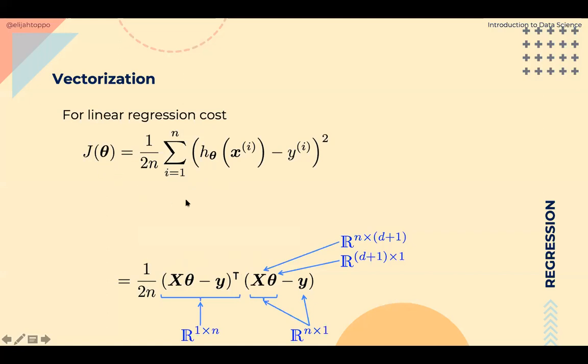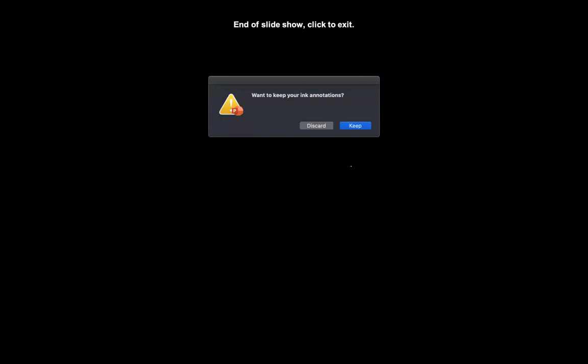Okay, so now we can see that a complicated equation like this cost function can also be broken down and written into a vectorized form, which is much faster to implement and thereby will save us a lot of time. Okay. So with this we end this class where we have discussed the theoretical aspects of linear regression, and in the next class we will try to implement it and see what challenges we face or what we can learn from the implementation of linear regression.